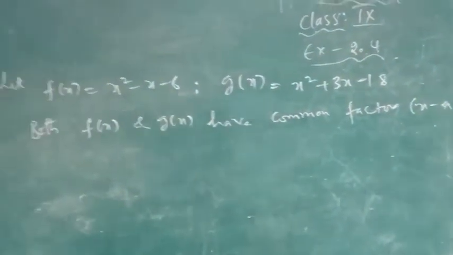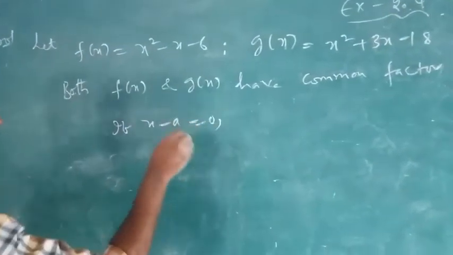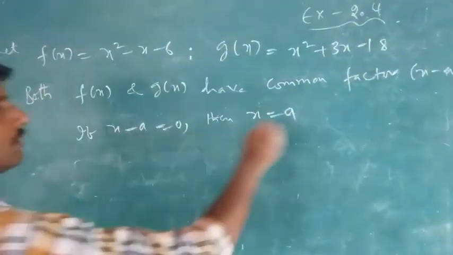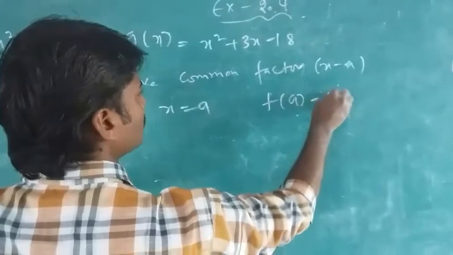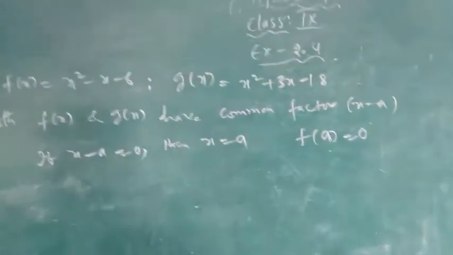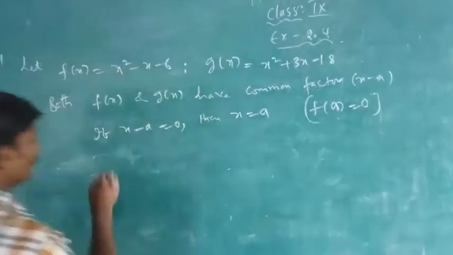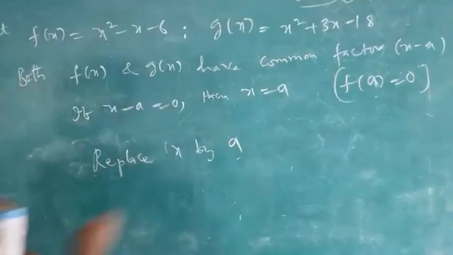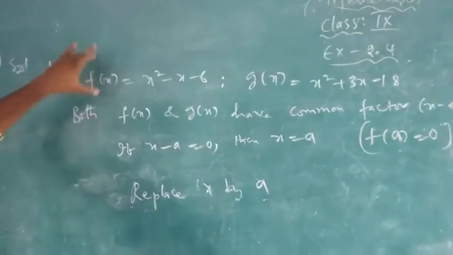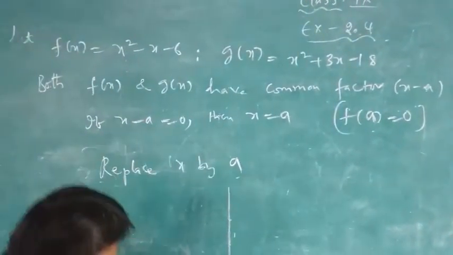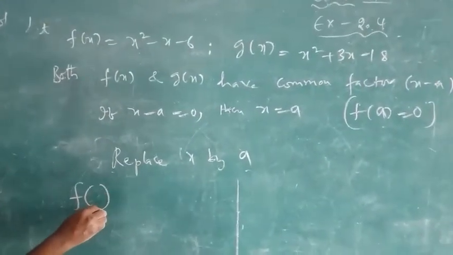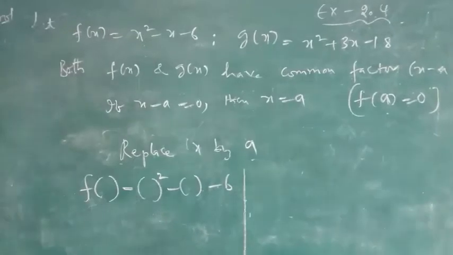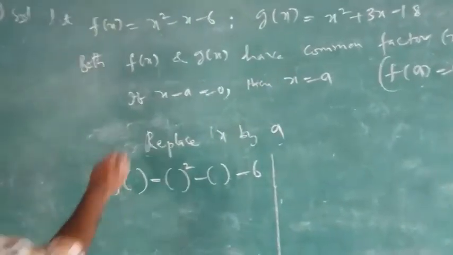Now if x minus a is made equal to 0, then what happens? x is equal to a, children. So the x value will be a, which means f of a must be equal to 0. Now replace x by a in both polynomials, f of x and g of x. We'll do it side by side, understand carefully. f of empty bracket, don't forget. Wherever x is there, replace it with a.